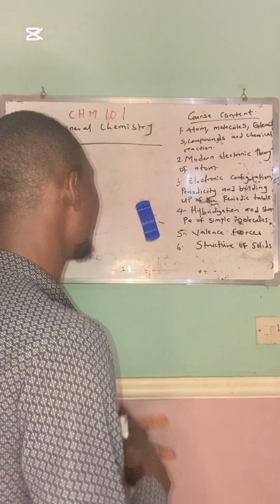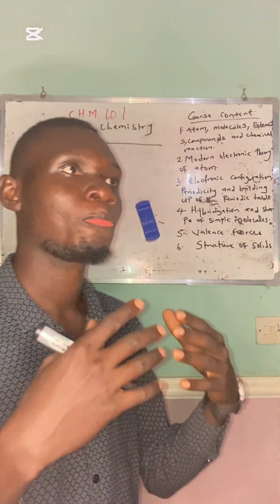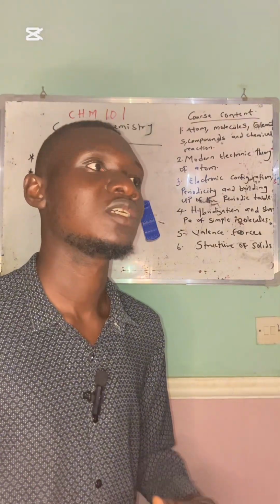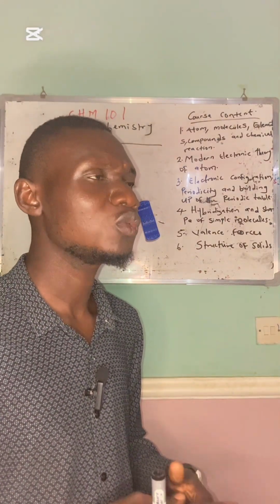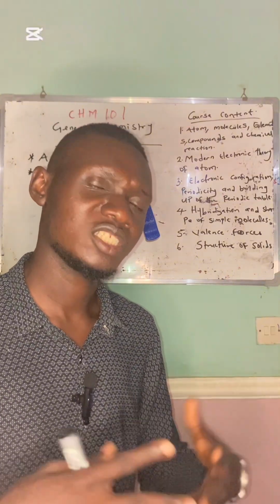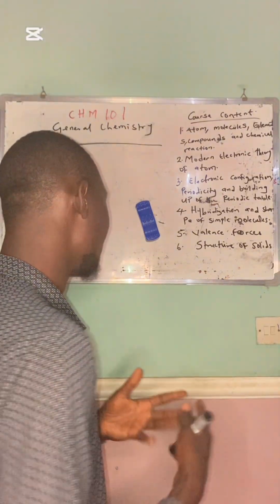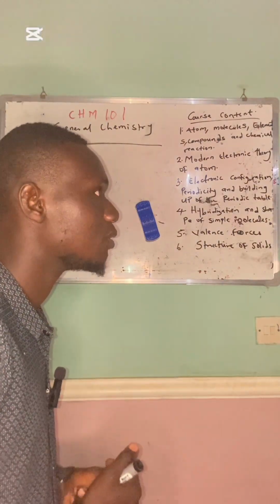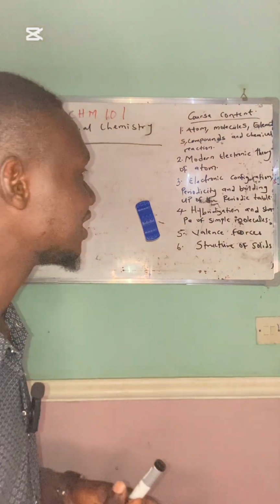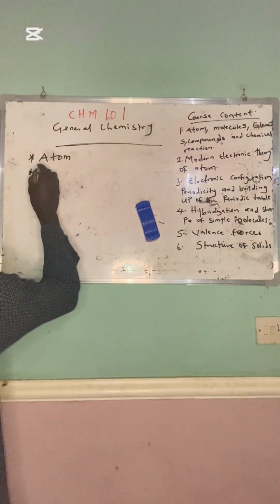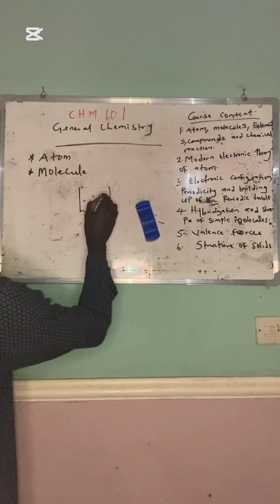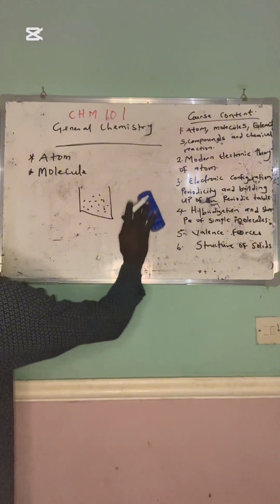A molecule is the simplest or the smallest unit of a substance which has a separate existence and can actually take part in a chemical reaction. What do we mean by separate or the simplest unit of a substance? Since I started using water, let's proceed with that. Let me use water as an example. Let's say I have a glass of water,